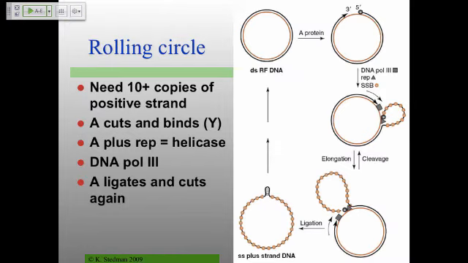That double-stranded DNA gets replicated into single strands through the activity of this A protein, also a recombinase protein. Tyrosine will come in, nick the backbone, and provide a 3' OH that your cellular polymerase can extend. There's also helicase activity, which will peel off the single strand, and your DNA polymerase will just go round and round and round the genome, making multiple copies of your single-stranded piece. That single-stranded piece then comes together with